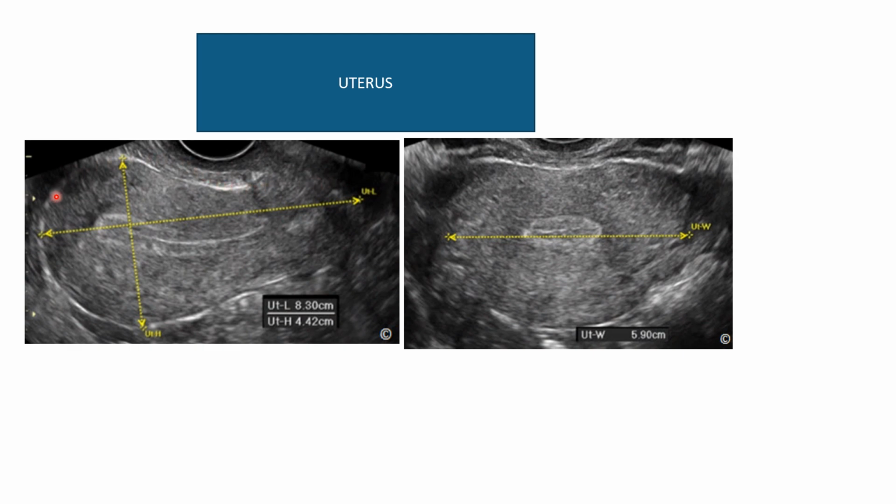So that's the uterus there. You can see the uterus nicely there. And you can see here, that's our endometrium. So you can measure the uterus like that. This is the longitudinal section, and also you check the transverse section. You also check here at the posterior aspect, the posterior cul-de-sac, if there's no fluid accumulation, and make an assessment. It is also prudent that you measure the thickness of the